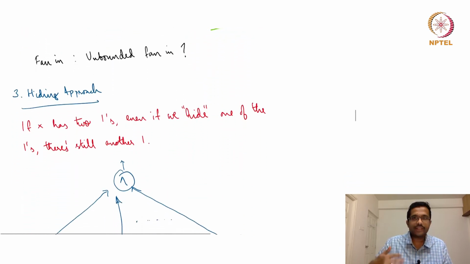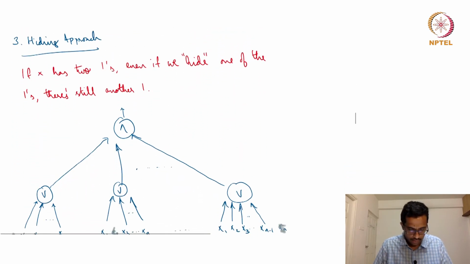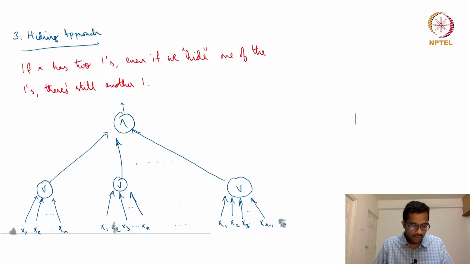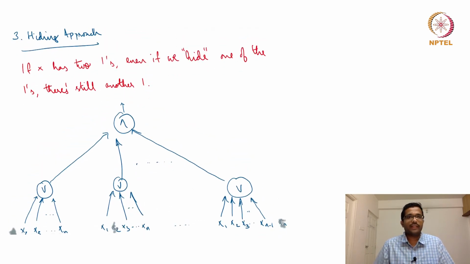The second we said had bounded fan-in. Third one is what is called the hiding approach. So again, the question is this: are there two xi's which are both 1, xi equal to 1, xj equal to 1, where i not equal to j. So if there are two such